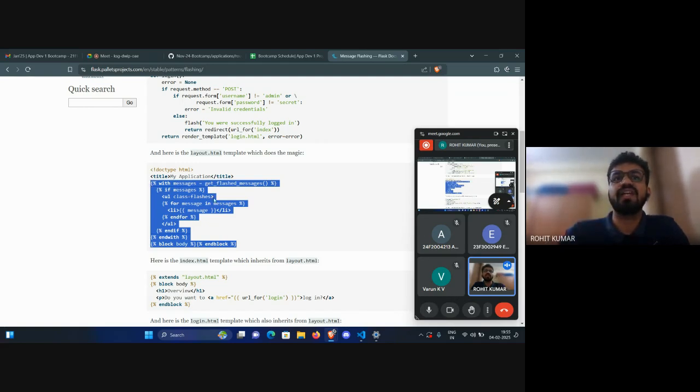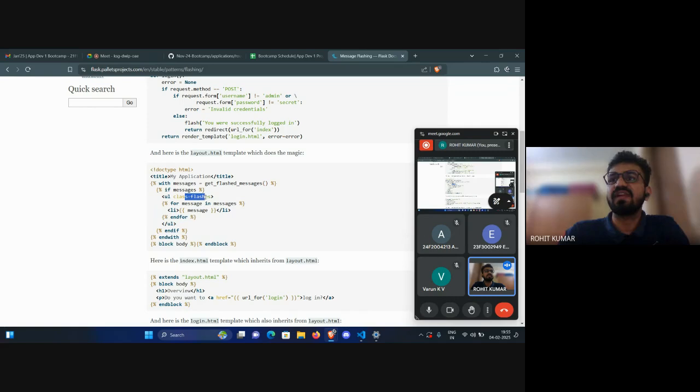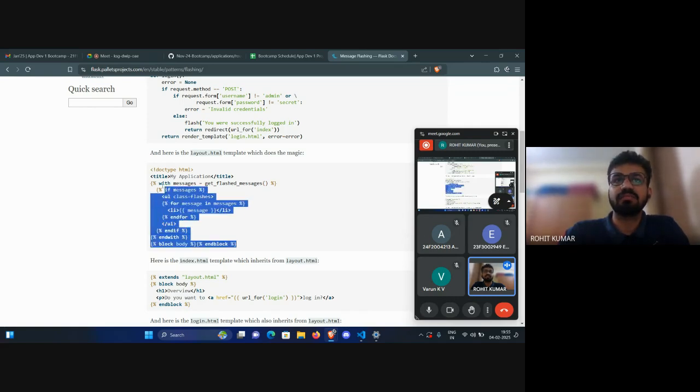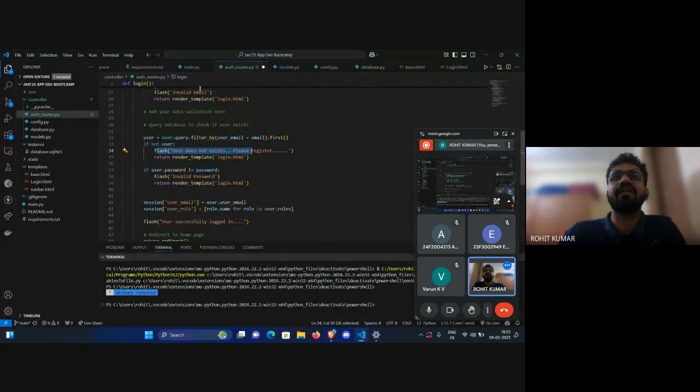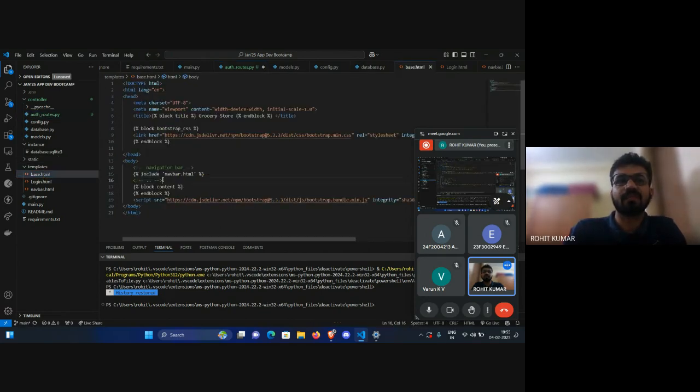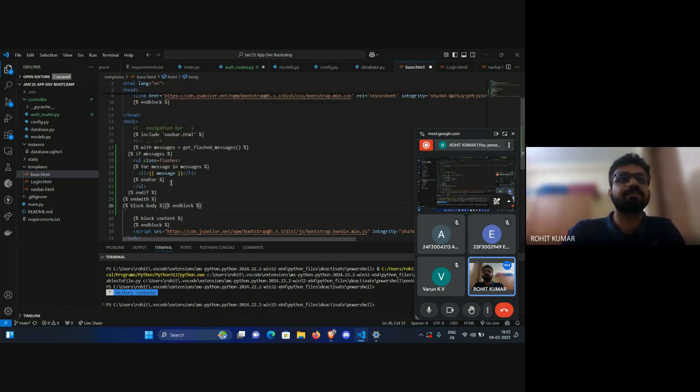You can include various classes which are provided by Bootstrap. But since right now my focus is on the functionality, we'll just take this code. And where do I want to paste this code? I would be flashing messages across various pages, so for that I have defined a base.html, right? So here, at this particular point, I'll paste the code which I have taken from the